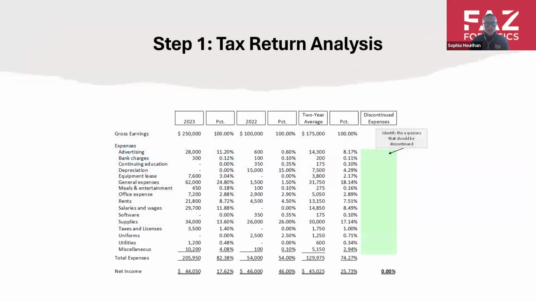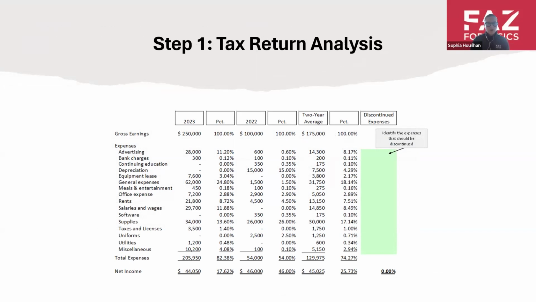So for the tax return analysis, this is really important. As Abby mentioned, we like to confirm all of our tax returns with the IRS transcripts. We take our discontinued expenses from the tax return and we like to calculate a 2-year average. So if we're provided, ideally, 2023 tax returns and 2022 tax returns, and they are around a comparable amount or an